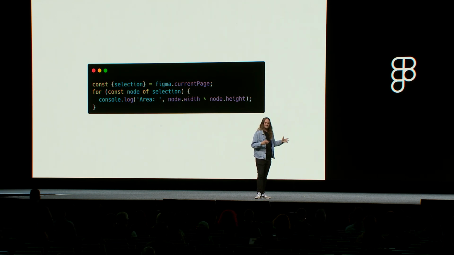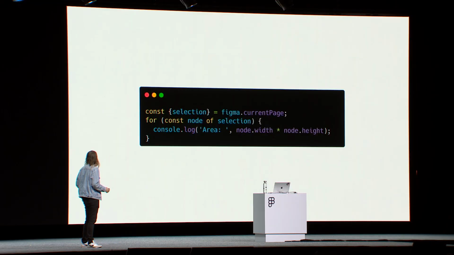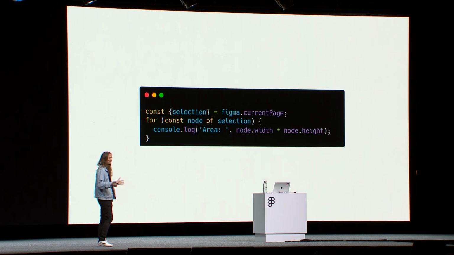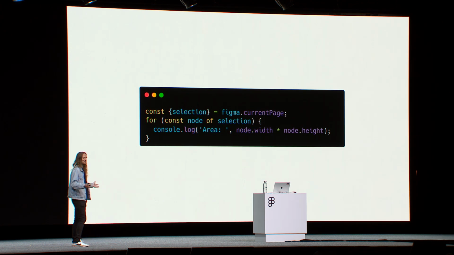Figma.currentPage. The core of the Figma plugin is, this is going to get meta, there's an object called Figma. And this is a lot like window that would exist inside of a web browser. You can access most of the API by using this Figma object. So in this case, I'm grabbing the current page, so the page the user is on. I'm getting the selection, and I'm just for looping over the nodes that a